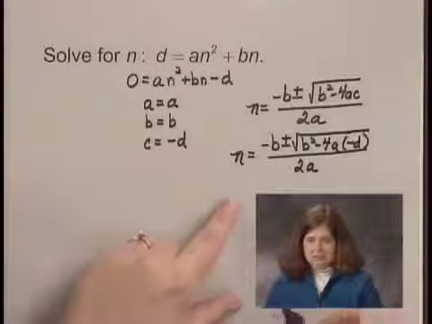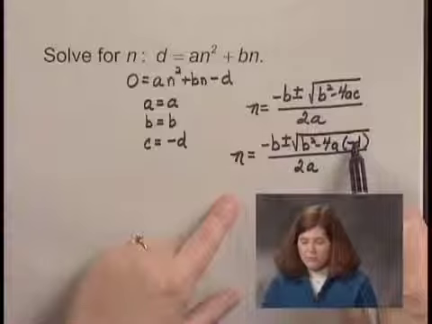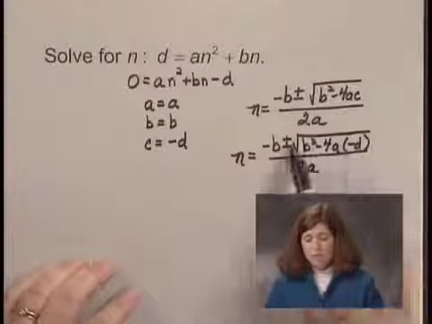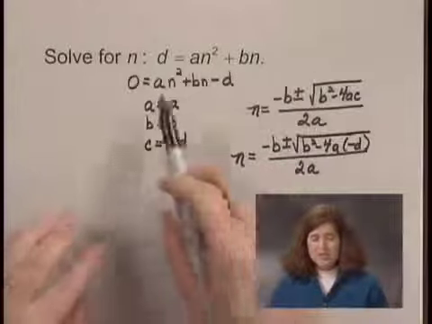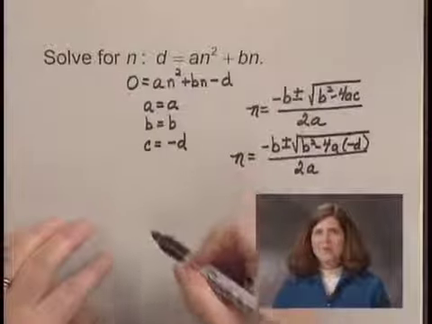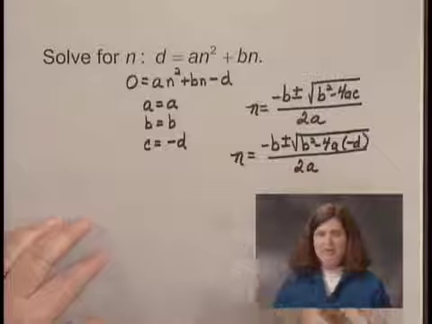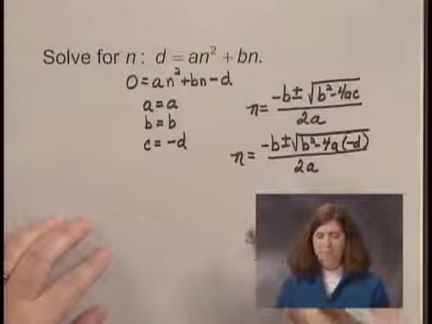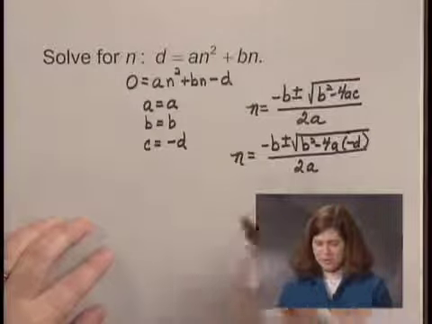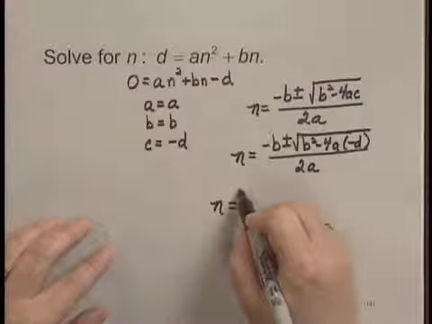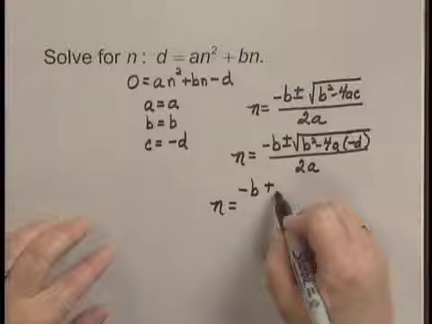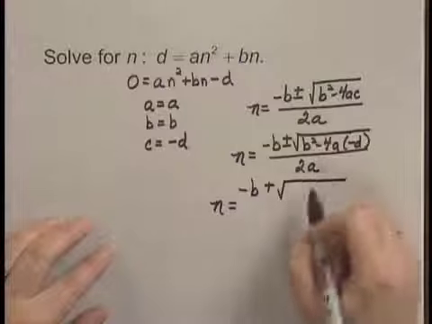Now when I simplify, I'm going to simplify under the radical. I am also going to only write the positive square root, because when we deal with formulas, we're dealing with the real world, and typically it's only a positive answer, although you'd have to check the application to see for sure. Using the positive root, I have n equals the opposite of b plus the square root of